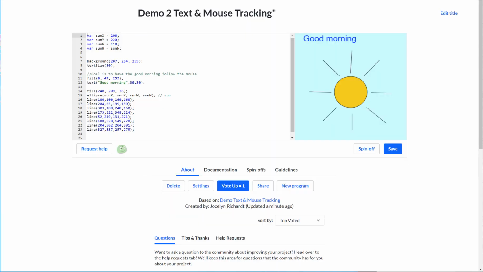Let's look at an example of using text and mouse tracking. So here I have a Khan Academy project, and I've drawn a sun on the screen and wrote the text "Good morning." What I'd like to do, my goal, is to have the "Good morning" follow the mouse. So as I move my mouse around, I'd like "Good morning" to follow it. What we've learned from Khan Academy is that we need some kind of animation function in order to do that